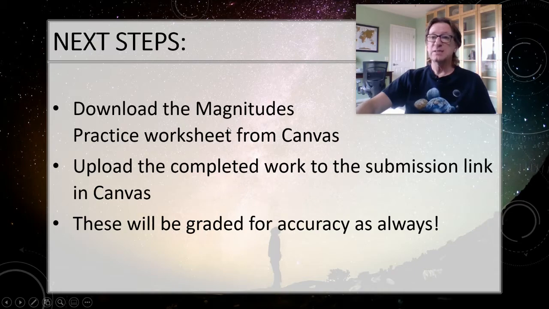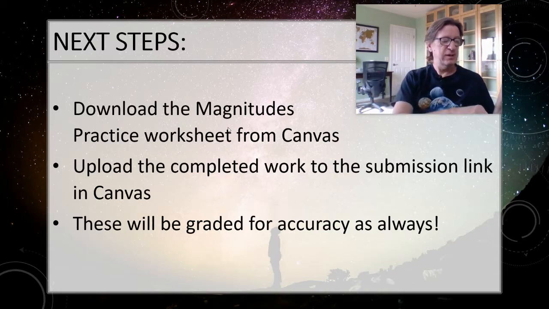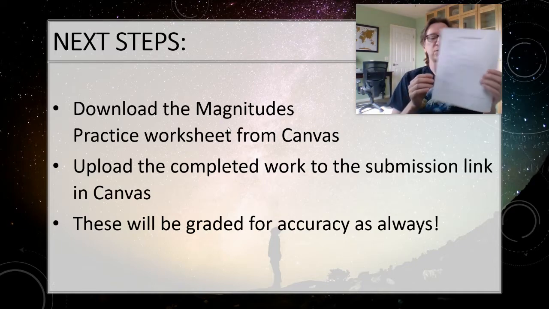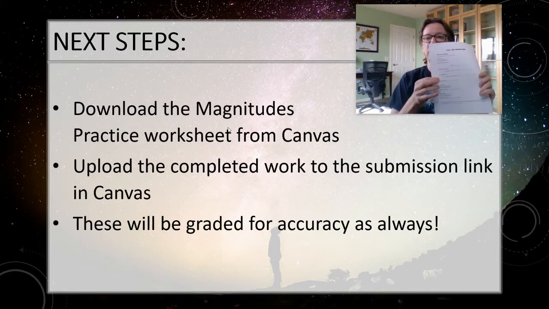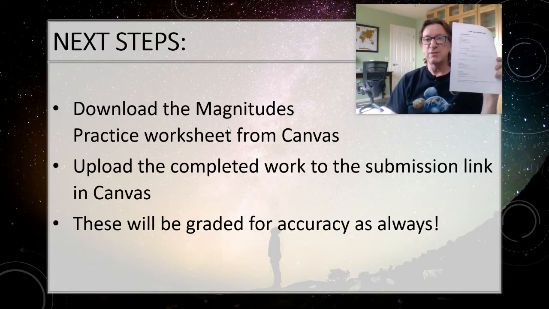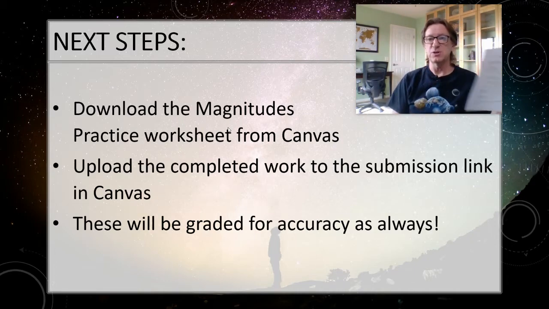All right, so that's actually it. That's all we have for this one. Your practice this time is going to give you another star, actually 2 or 3 of them. We're going to have you do it for star B, C, and D. We're going to have you figure out the distance to those other 3 stars that are on your original class notes. So work through it, but again, if you have any trouble at all, come into Live Help and I'll be glad to help you out.